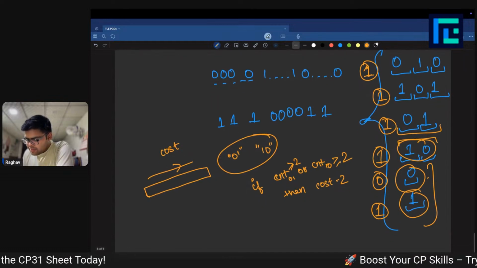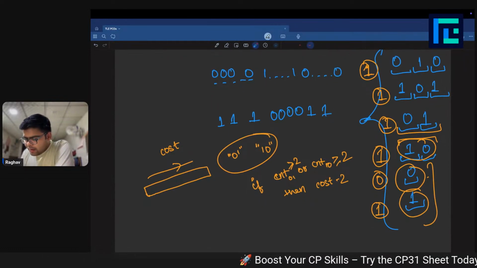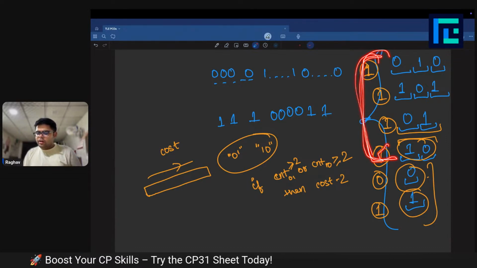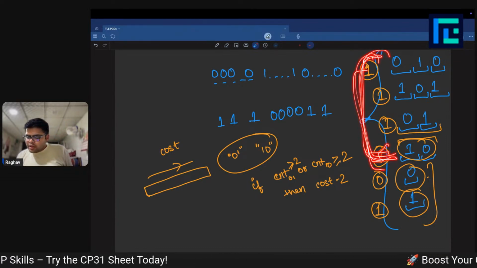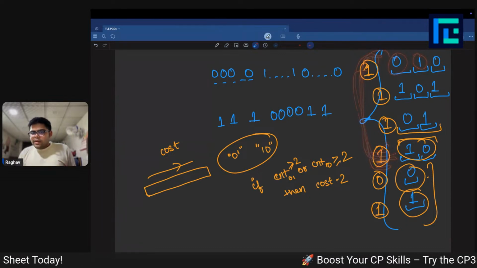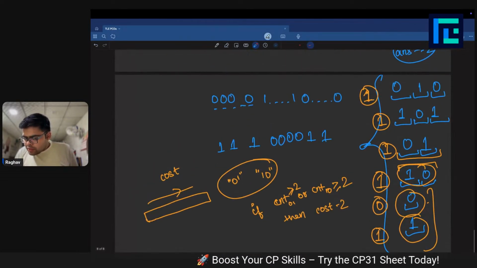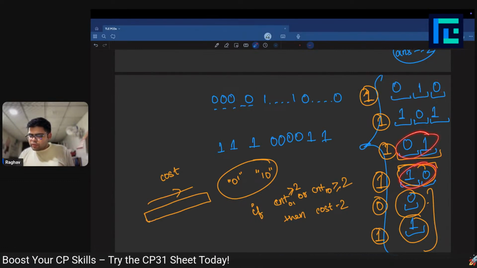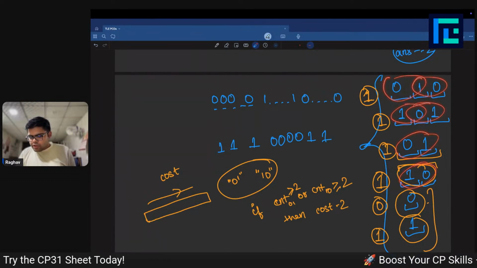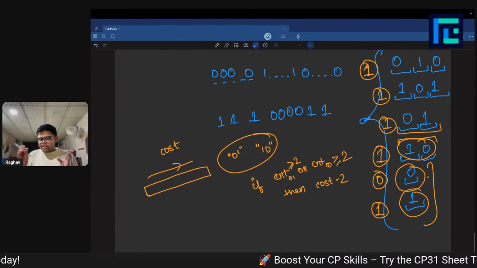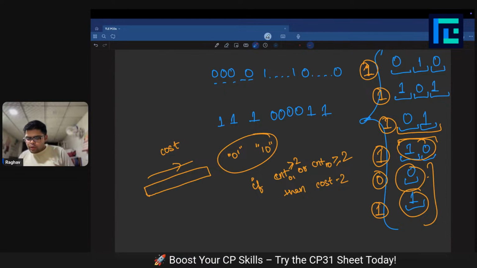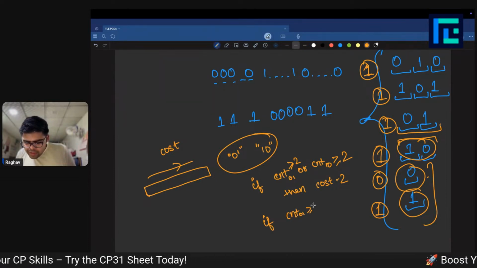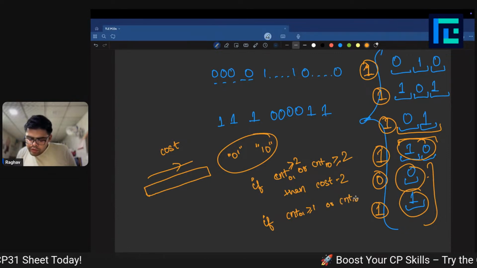Otherwise, in these four cases, what you have is the number of 0 1 pairs. Either you will have a 0 1 pair or you will have a 1 0 pair. At least one of these will happen or both of these will happen. So in these four cases, you can just say the count of 0 1 or count of 1 0 is at least 1. So if count of 0 1 is greater than 1 or count of 1 0 is greater than 1,